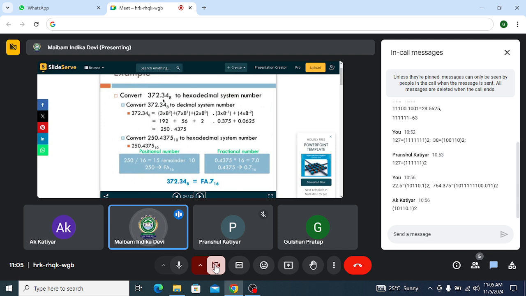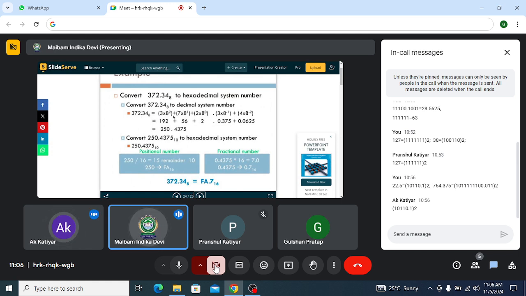Now this is an octal number. If you want to convert into hexadecimal, first you convert to decimal. To convert to decimal, you write the positions. This will be position 0, 1, 2. This 3 and 4 will be -1, -2. The positions, right? Yes or no? Yes, ma'am. Now the base is 8. So you write 8 into this 3. The position is 2. 3 into 8 to the power 2, 7 into 8 to the power 1, 2 into 8 to the power 0.